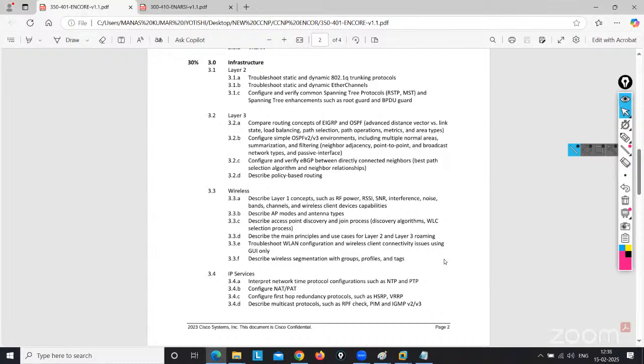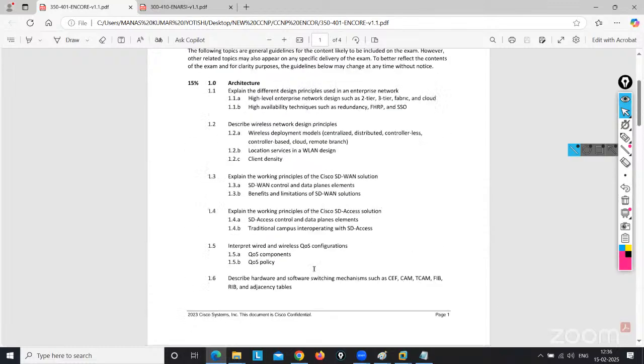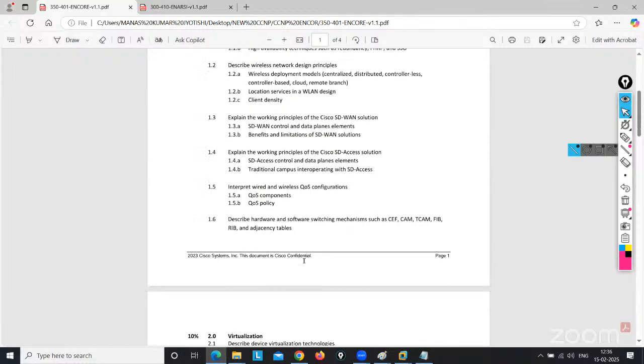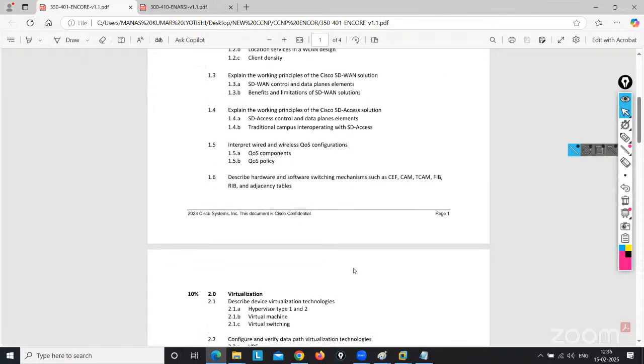I will let you know, because if you have multiple WLCs connected with multiple access points, then roaming time will also be a factor. It's also an L2 issue, L3 issue. Then some SD-WAN, very basic, like VPNs, these things are there in the Encore. Same in SDA. I will show you the GUI interface, how in SDA the controller, the DNAC part, works, and how you need to onboard, because right now in every environment, once you configure any kind of devices, you need to onboard them into SDA.